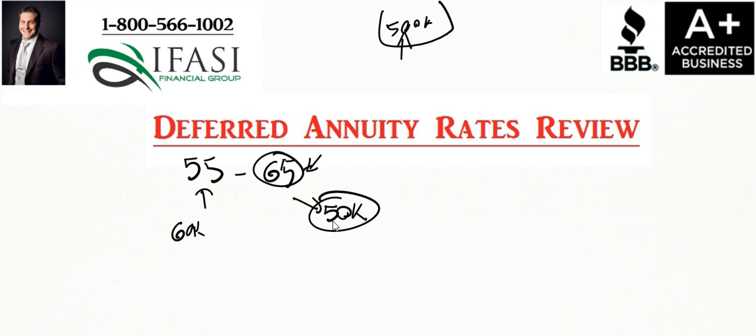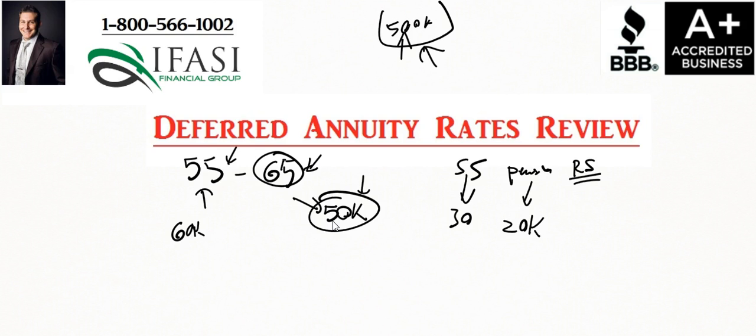And then we're going to plan for the future and go backwards. What I mean by that is his goal is $50,000. He's age 55 right now. We're looking for a deferred annuity rate that's going to be the best for a 10-year deferral. So in this situation, maybe he's receiving Social Security income of $30,000. He's not receiving a pension income, unfortunately, and he has these retirement savings of $500,000 with the 10-year deferral. So what we could do is say, okay, we need $20,000 of lifetime income at that age 65.